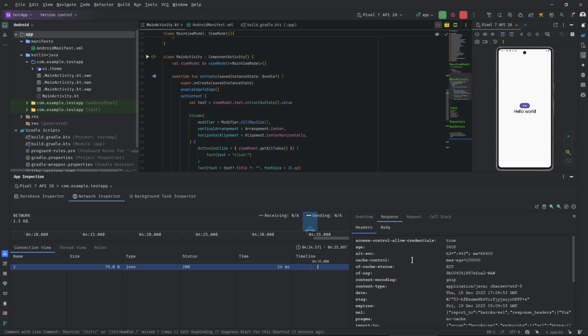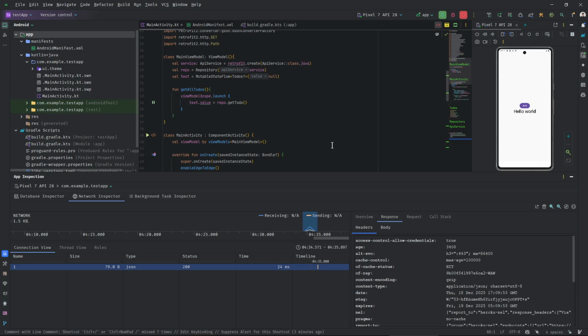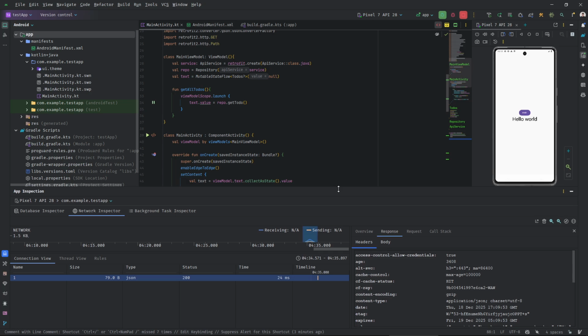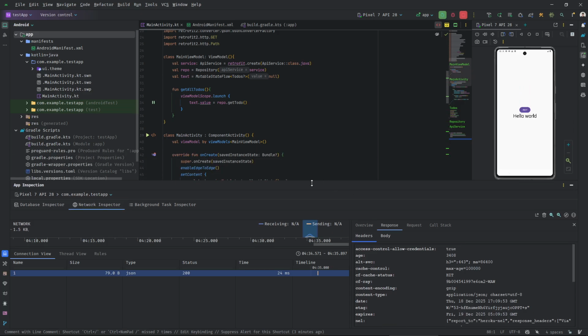So when is it worth using Network Inspector? I think Network Inspector is very useful when you need to debug your API calls, when you get unexpected errors, or when your API returns wrong data, and with it you can debug